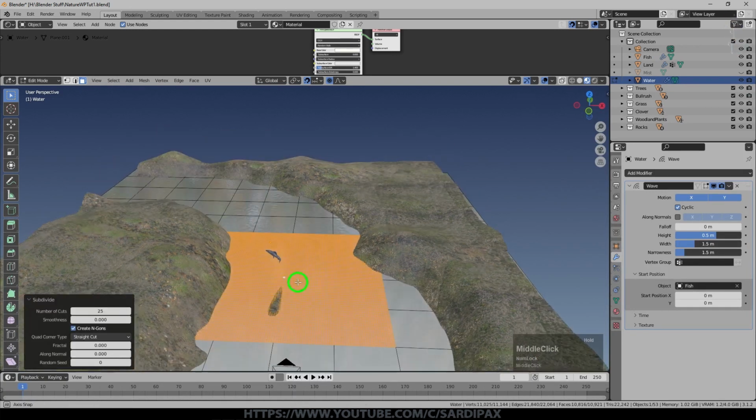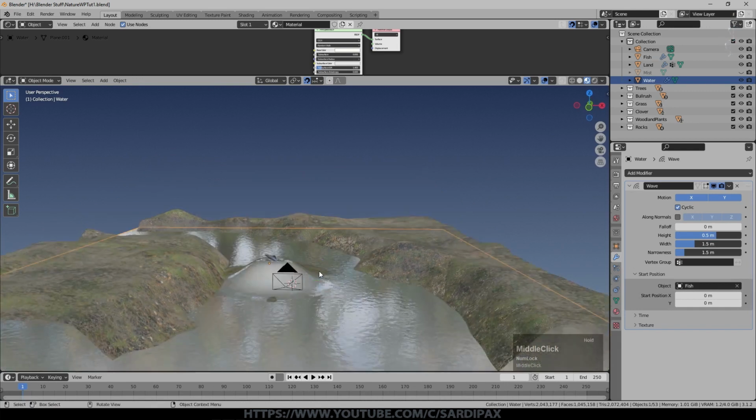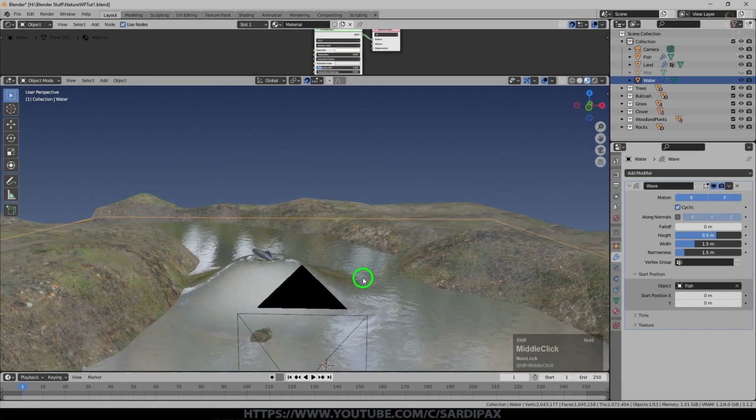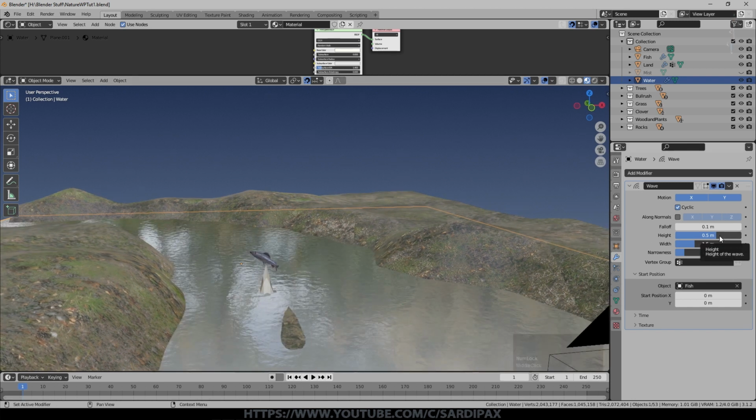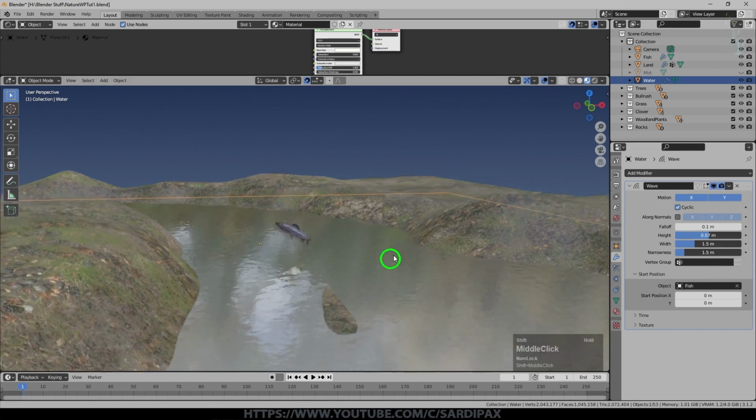So we'll go with that for the moment. And you can see our wave there. But obviously it's not the sort of wave we want, so let's try changing some things. So let's put a falloff on it first so it becomes less over time. Now, so we've just got a little spike there. I had a height of 0.07. Let's see what that looks like. Not too bad, it's quite low.